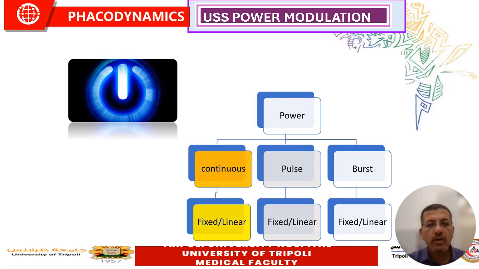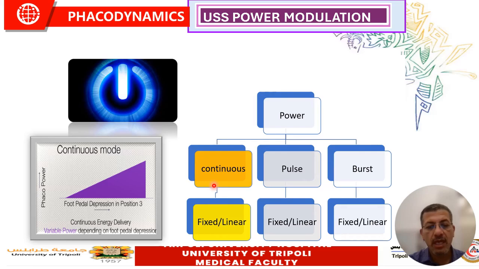As you know, we have explained before that the ultrasound can be delivered as longitudinal ultrasound, or as torsional ultrasound, or as transverse ultrasound. This is grossly, but at the wave level, the ultrasound can be delivered as a continuous mode ultrasound, and this continuous mode can be either fixed, known as panel mode, in which the whole amount of energy is delivered once you step down in position 3, or it can be linearly controlled by the surgeon,